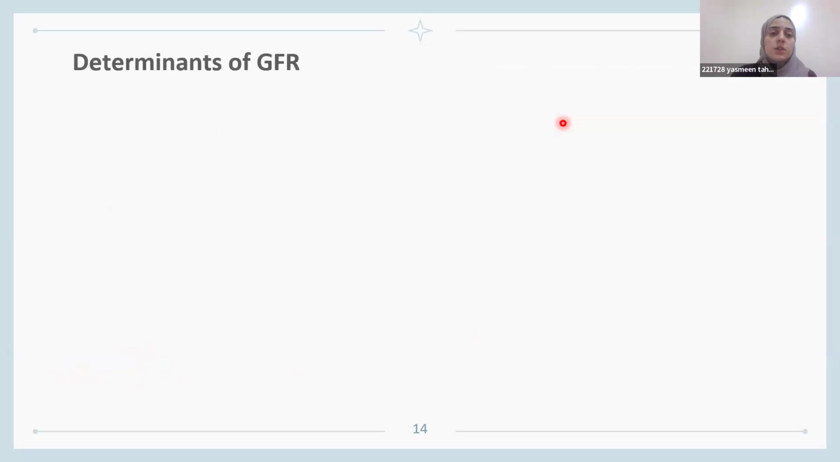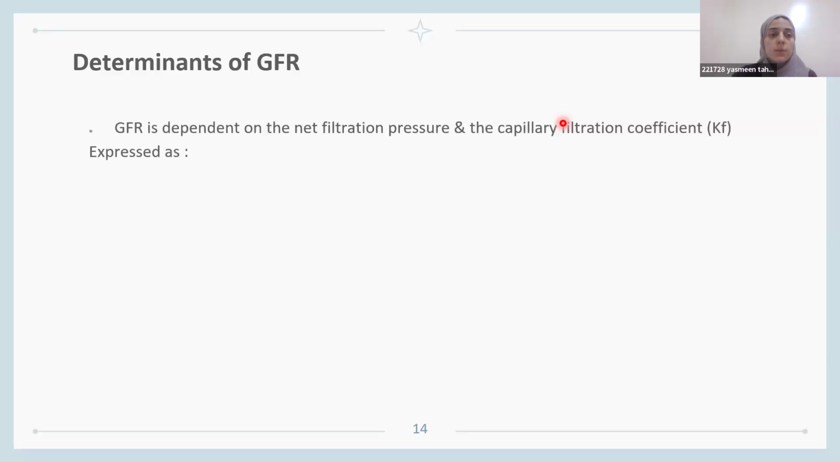So what are the determinants of GFR? Or in another way, what makes GFR 125? What makes it less or more from one person to another? What makes a GFR change in one person in different physiological states? So we have two main variables in the GFR, which are the net filtration pressure and the capillary filtration